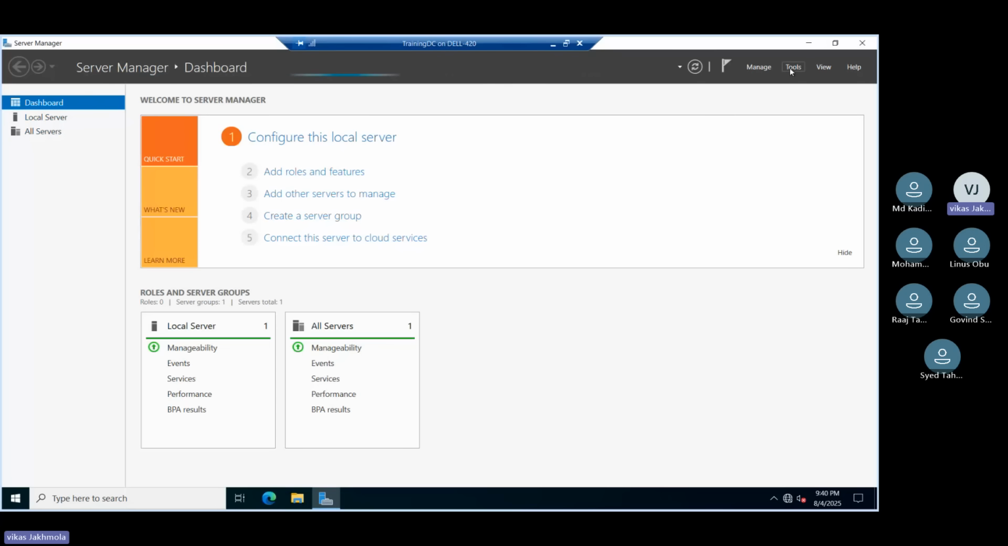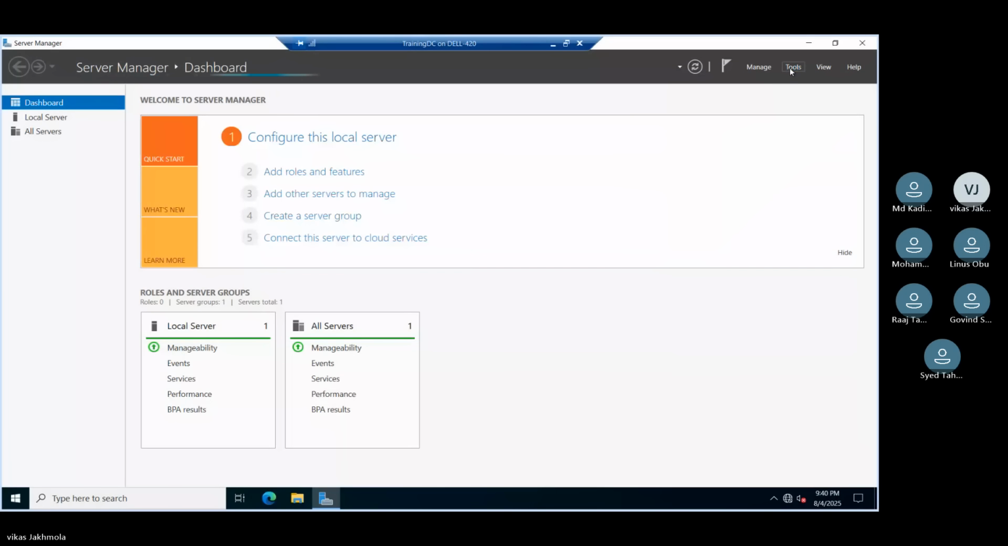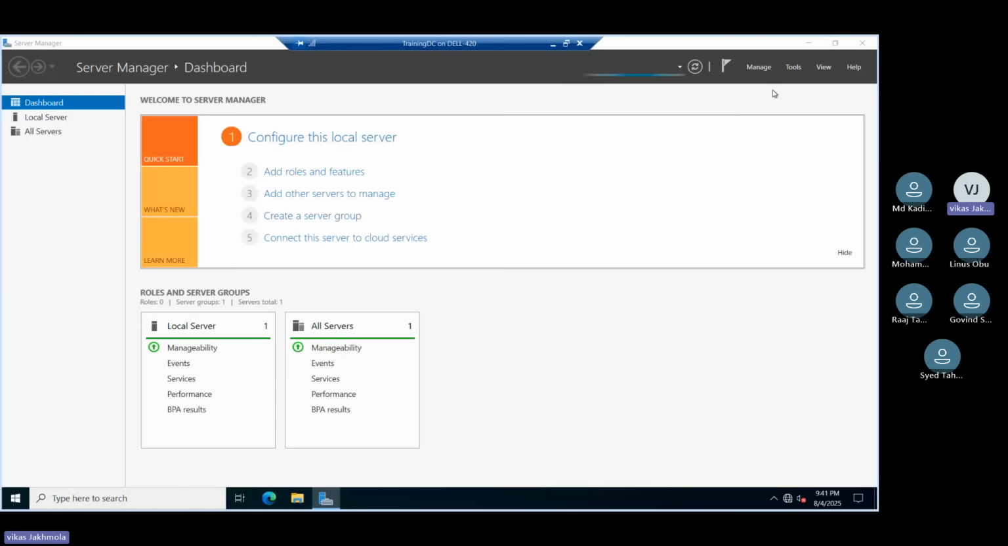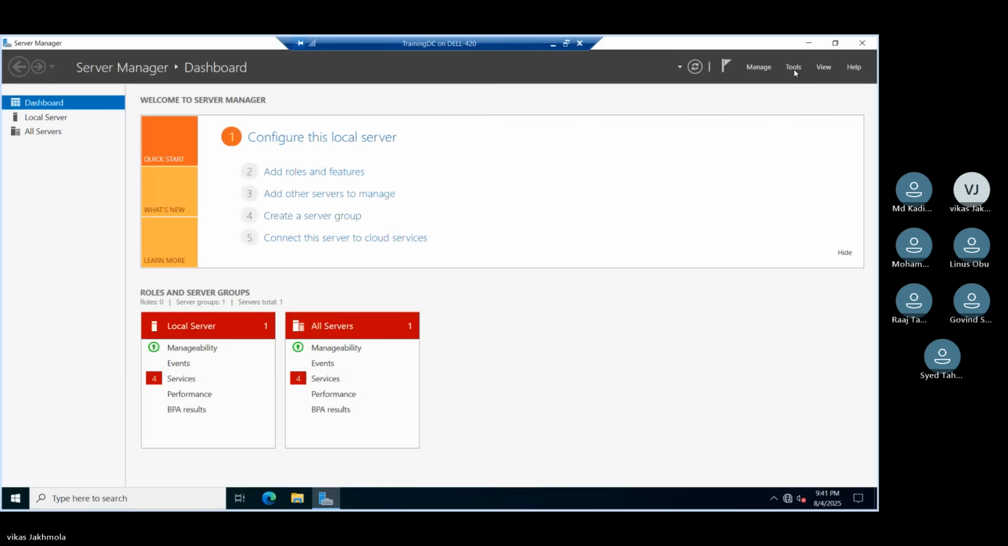Okay. And also see here, right now you can see Active Directory Users and Computers, to manage users and computer administrative rights. It's not opening. We have that, but you can see what is the scenario there. You can see the cross there on Active Directory Users and Computers. We have not configured it yet. So it is there, but